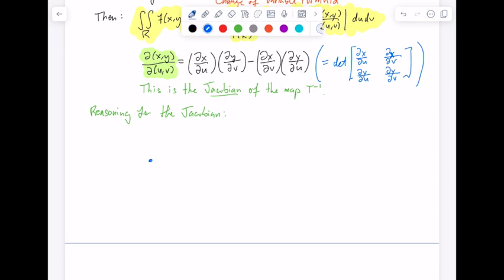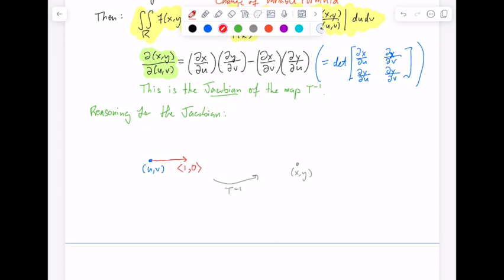So if you just fix a point, uv, and the inverse of T maps uv to also a point xy, and we can imagine a pair of vectors at each of these points. So first, consider the vector with components 1, 0. So this is the unit vector pointing in the u direction with tail at the point uv. Alright, so this lives at the tangent space of the point